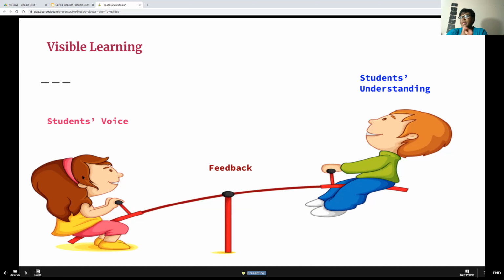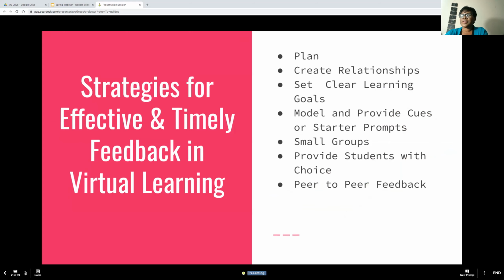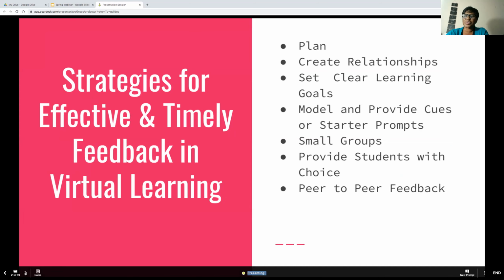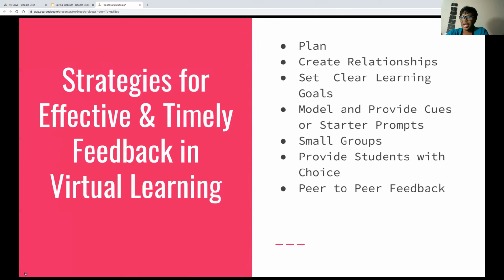Okay. So now let's look at some of the strategies that we can use to make the feedback we give in a virtual classroom effective. Because just giving feedback, any feedback at all, does not mean that it's going to let the students go through the process that Renee was talking about. Ask themselves, where am I going? How am I going? Where to next? Like, to go through those 3 questions of self-examining themselves.